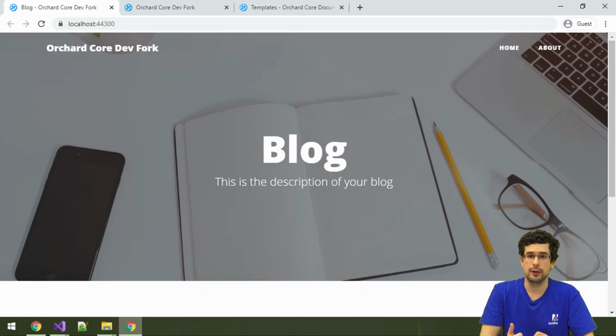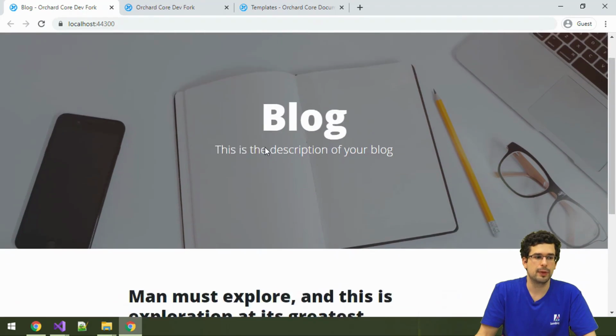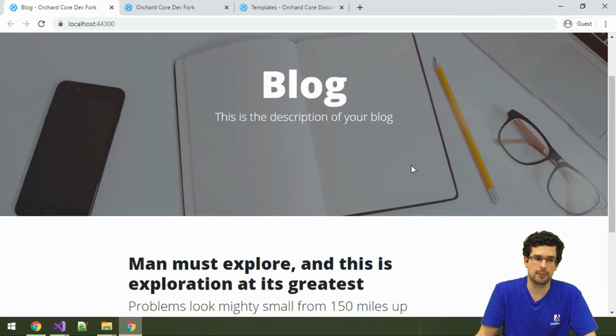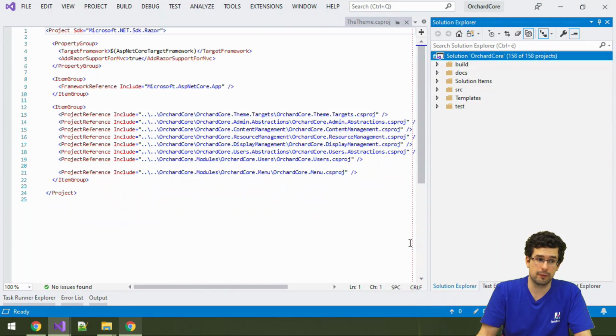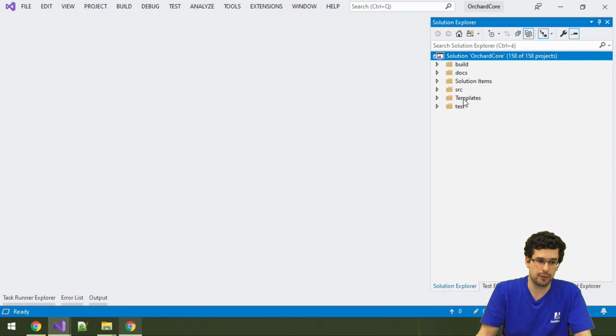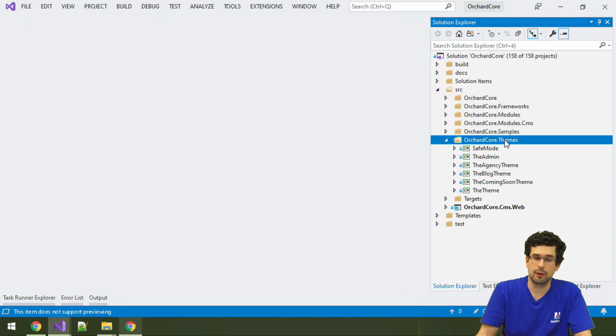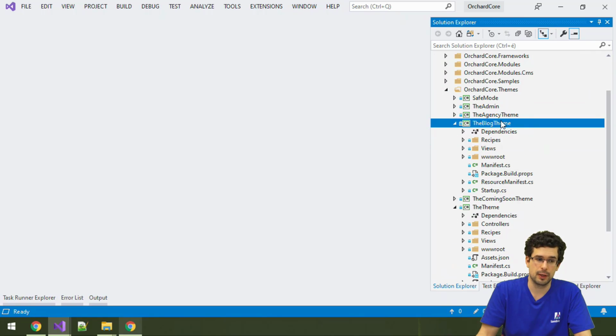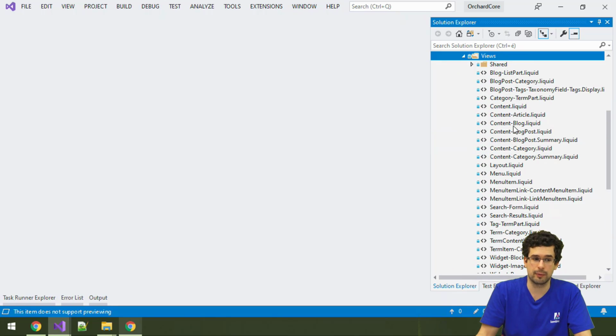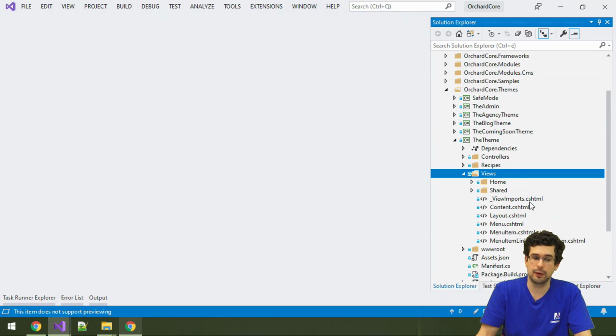And we are now looking at an application setup with the full Orchard source code again, because we will do a little bit of debugging. Now, again, we have a blog here, super simple. Now the question is, where are all these pieces of HTML that drive this website coming from? And as we have seen, they are coming from CSHTML files and themes. So if we go back to our solution, what actually drives this front end now is not the theme, which we'll switch over to soon, but the blog theme. And as we have seen, the crucial difference between the two is that the blog theme has Liquid markup files, and the theme has CSHTML Razor